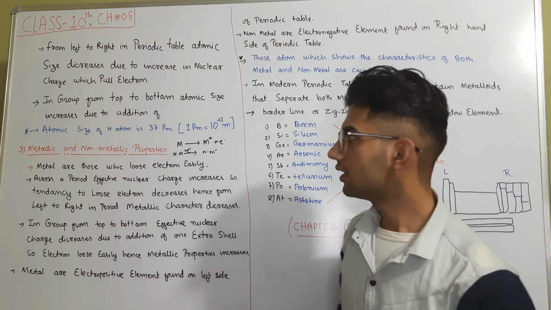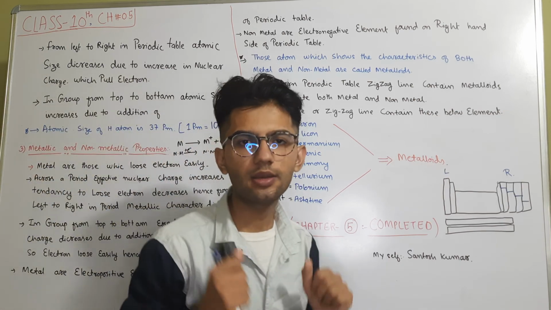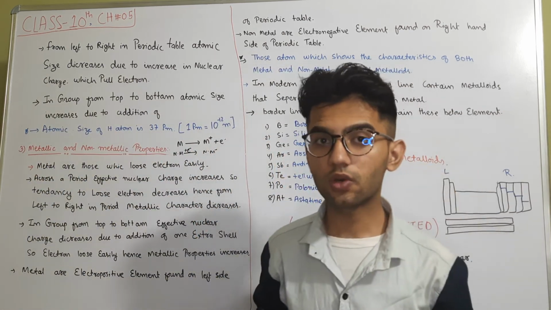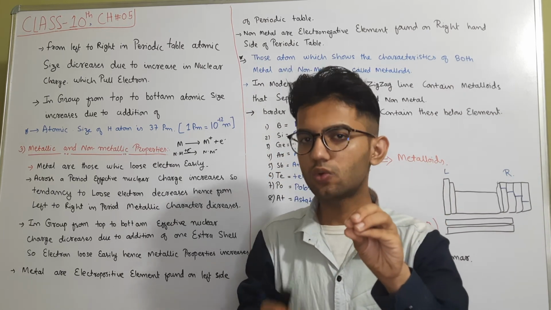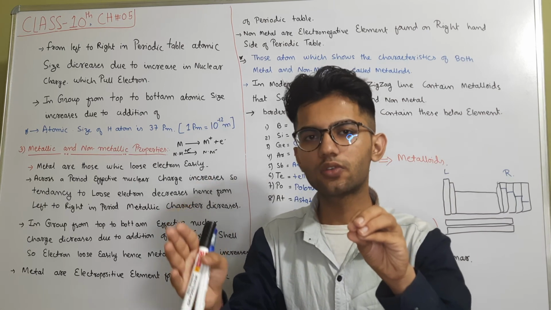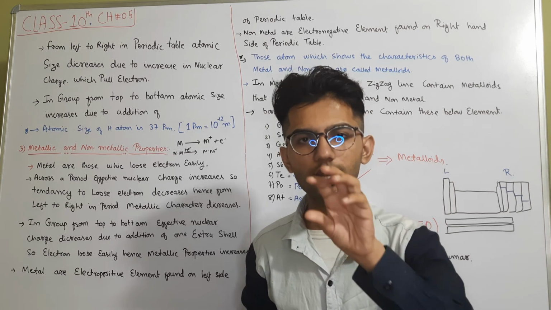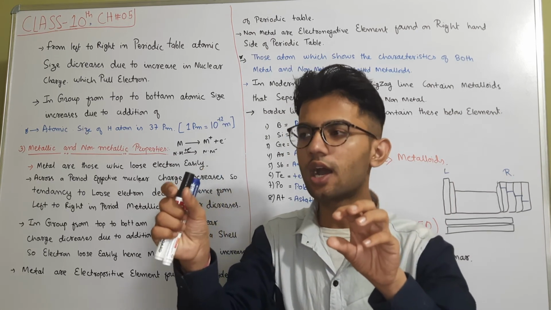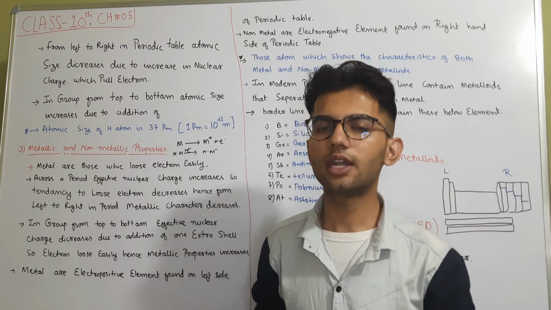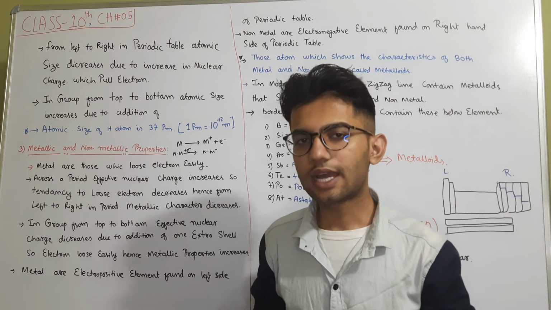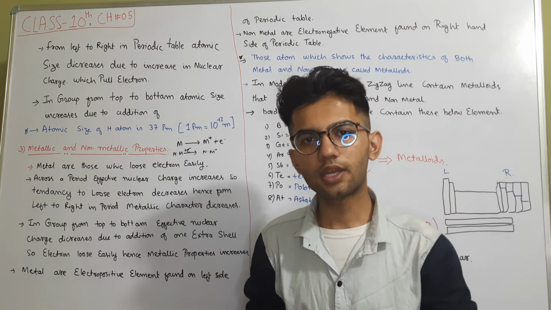Yesterday we left off at the atomic radius. What is the atomic radius? Atomic radius generally represents the atomic size. As you all know, it is the distance between the center of the atom to its outer boundary, where the electrons are present. Simply, we say that the distance between the nucleus and the outermost shell or outermost valence electron represents the radius of an atom, and that radius decides the atomic size of an atom. The atomic size of an atom is generally known as the atomic radius.